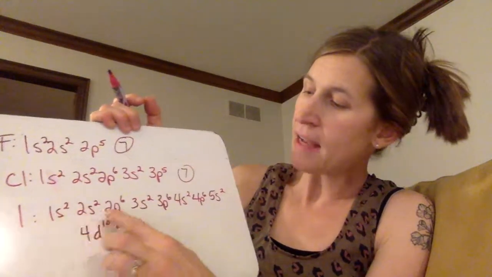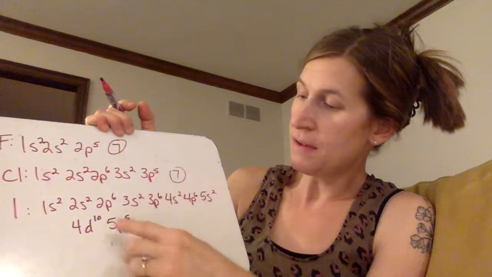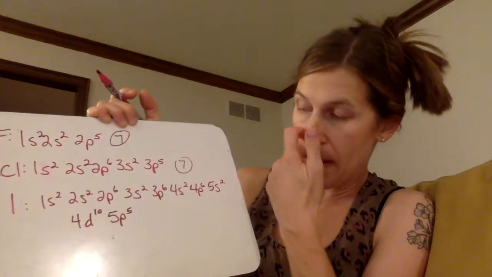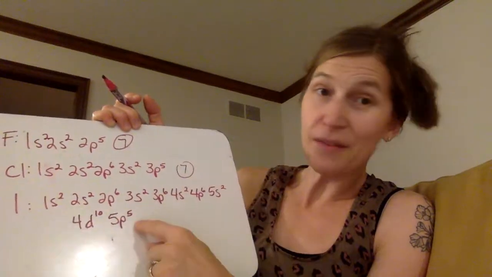And then if I look at iodine, it goes up to 5. It skips down to 4 again, but its highest energy level is 5. And there are 2 here and 5 here. 7 valence electrons. They're just not all in the same energy level. But if we look at our periodic table,